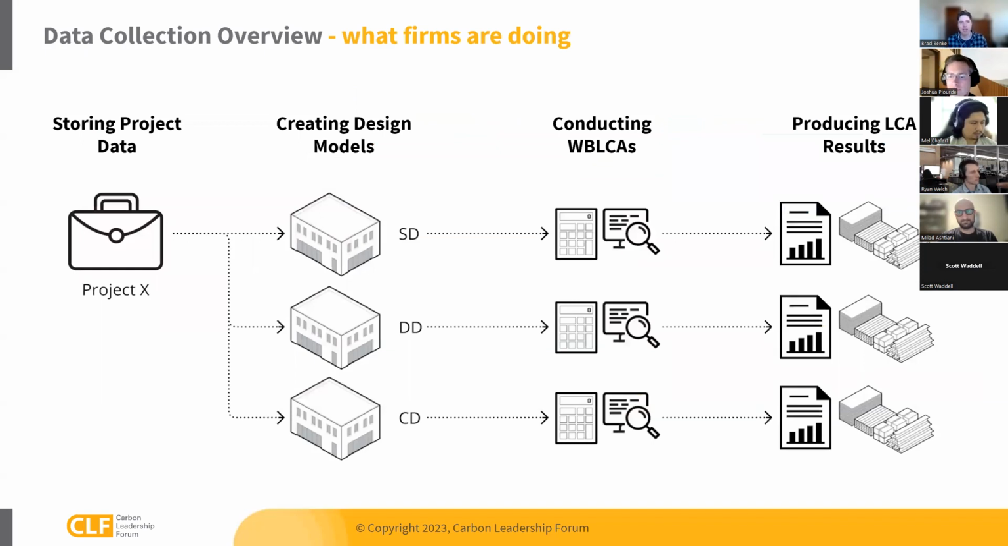Overview of data collection for this project. To start with, I think it's important, if folks aren't already familiar with what firms, or at least a lot of design firms in North America, are doing currently. To start, folks are storing project data about building projects that they have either constructed or are working on or are under construction. Design firms are also